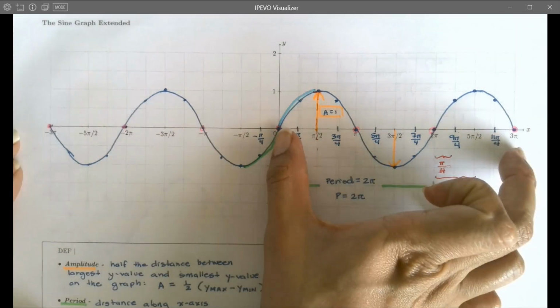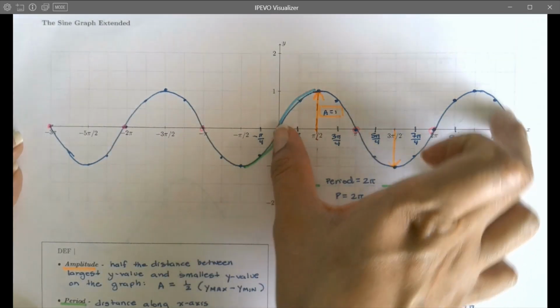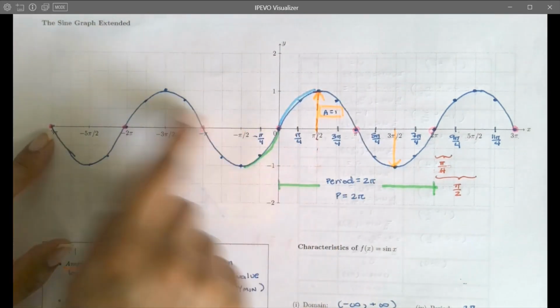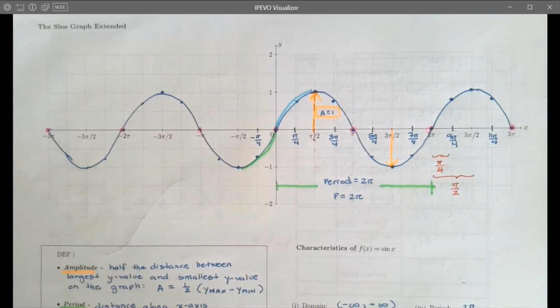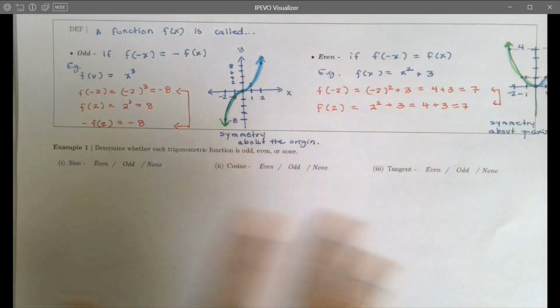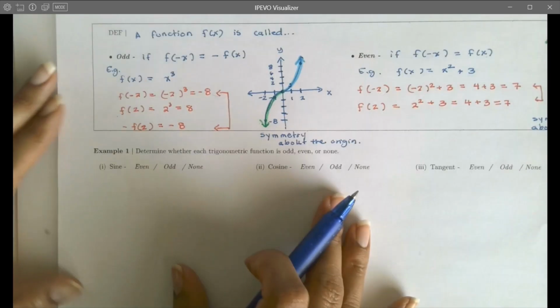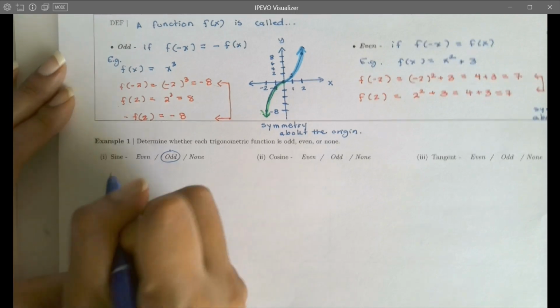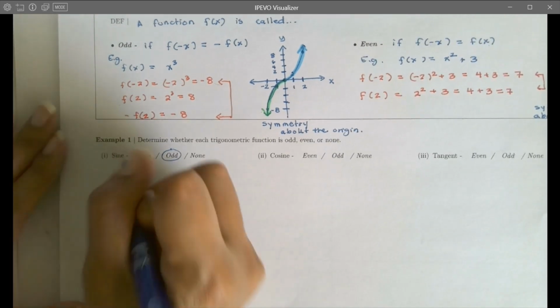In fact, if you take this whole portion of the graph and rotate it about the origin, you're going to get this part of the graph. So sine is actually an odd function. So here we're going to select odd, just to test some points